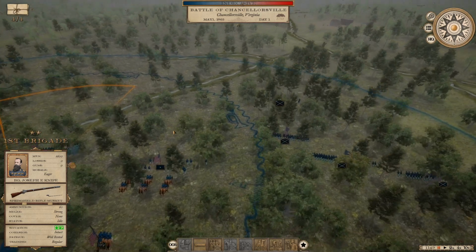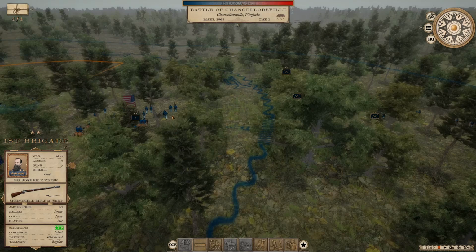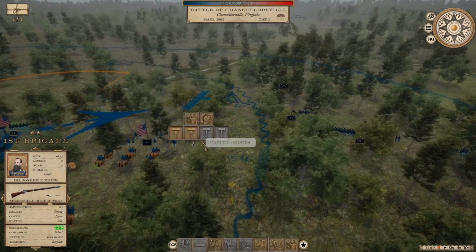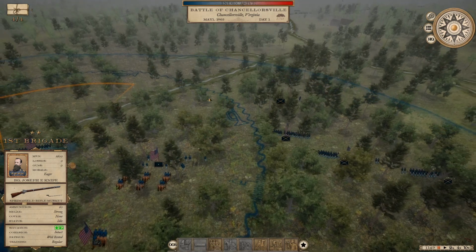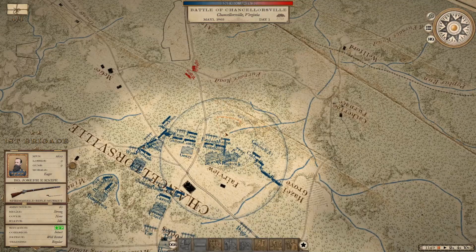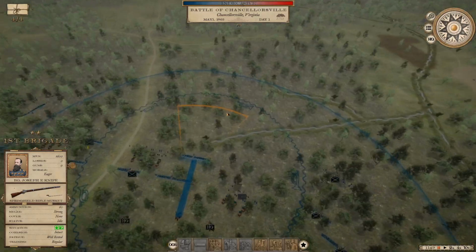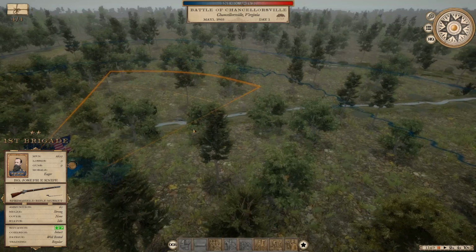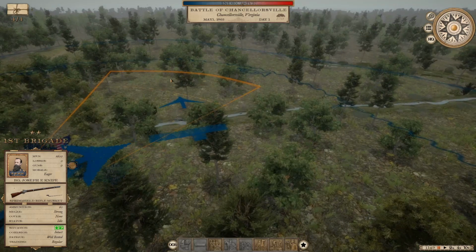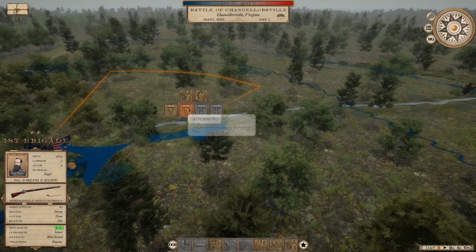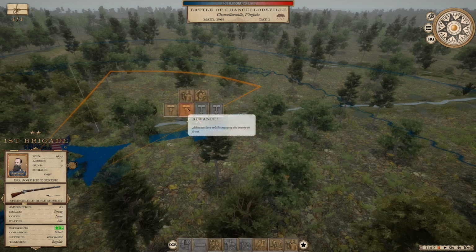Sometimes it helps to scroll down to the lowest level possible because you can see the high ground better than you can looking at the map. When you're managing a large army, it's better to look at this level, but when you're deciding on positions, it really helps to zoom in so you can see exactly what it is that you're looking at. So let's say I want to move this guy in behind this water here. We can just do that. Now again, here I can give this, if I click on this,